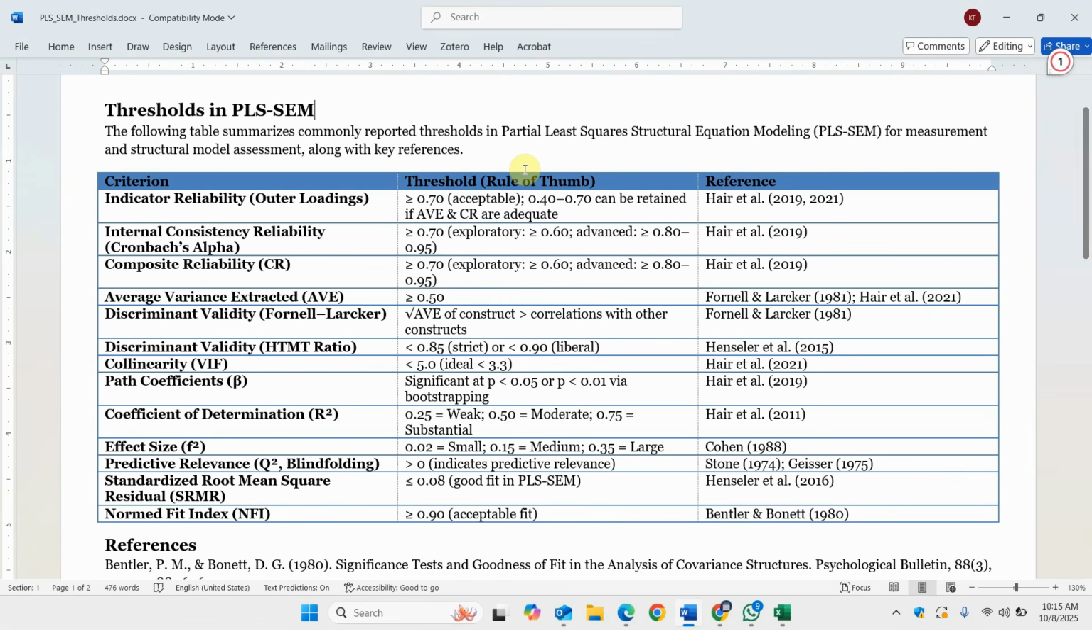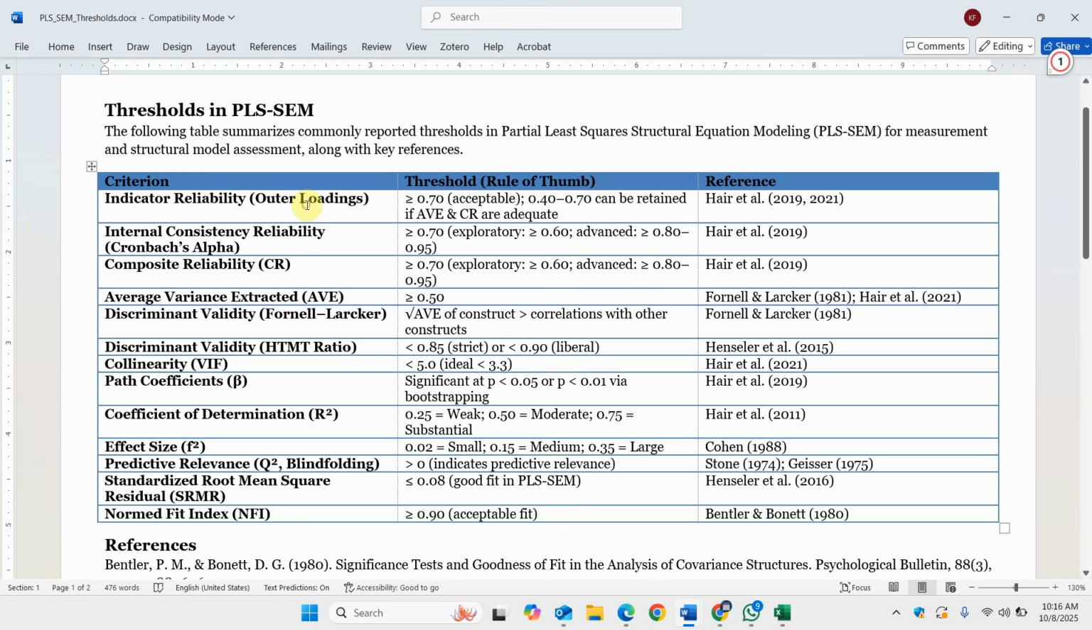A number of times I've been asked about the thresholds in PLS-SEM. In this particular session, we are going to focus on the different thresholds in PLS-SEM and identify some references that we can use in our studies. Now, the following table summarizes commonly reported thresholds in partial least squares structural equation modeling for measurement and structural model assessment. Now, when we are running our measurement model, the first thing that we are looking into is the indicator